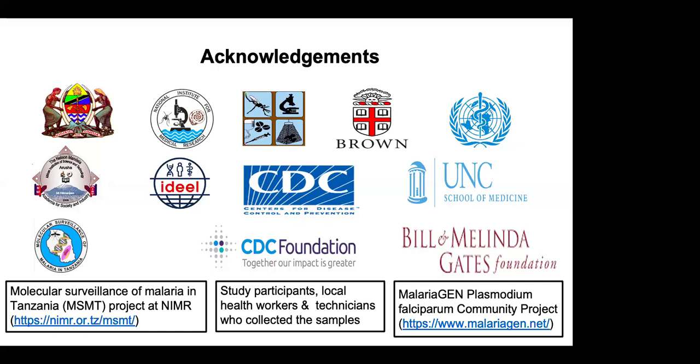So for the listeners and colleagues, we need to be very clear what we are talking about. The vaccine targets the gene in the sporozoites, and these are the infective stages of the parasite which invade the liver cells and start the process of developing in humans. So this has nothing to do with mosquitoes. If resistance is to develop in mosquitoes, we should talk about insecticide resistance. But if we are talking about resistance to the vaccines, meaning that the vaccines can be there but still not work, that should happen in humans.